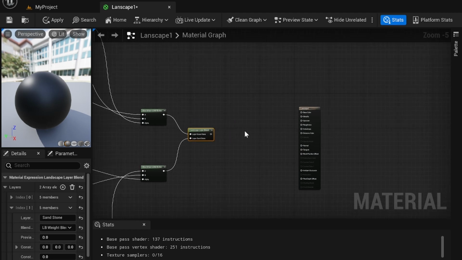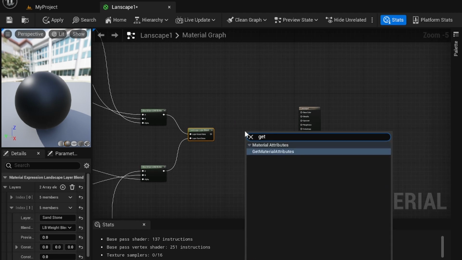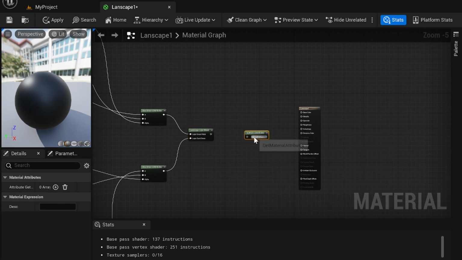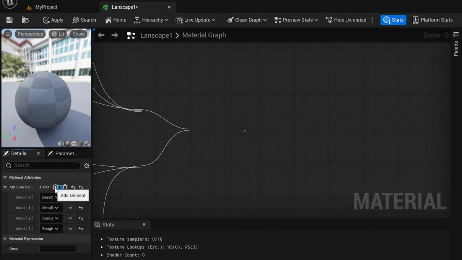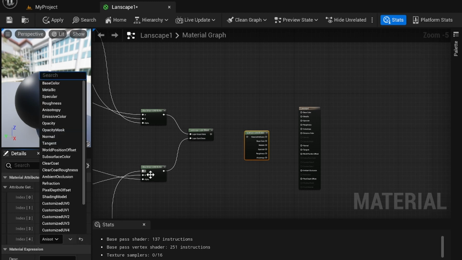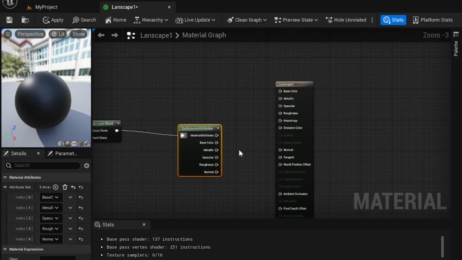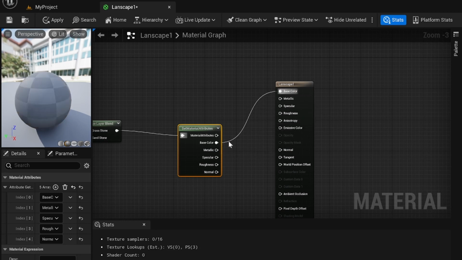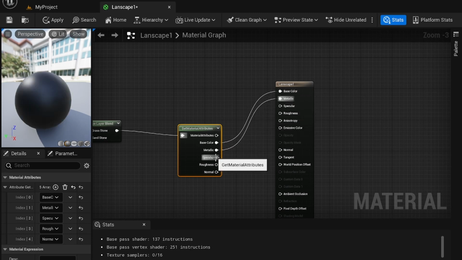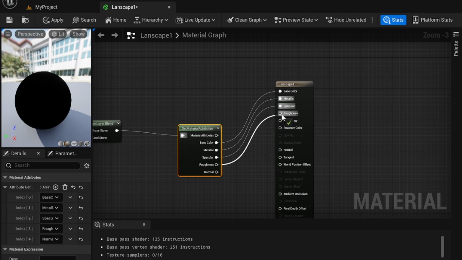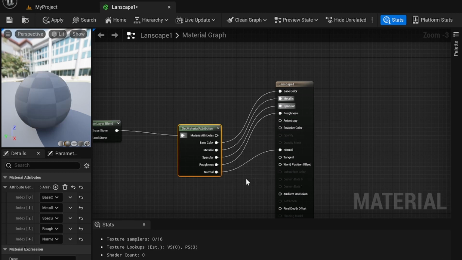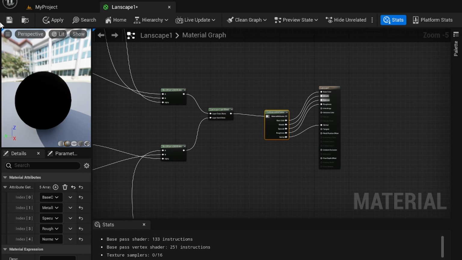Next, I'm going to right click again and get a get material attributes node. I'm going to, of course, add as many attributes as I was using. Of course, I was using base color, metallic, specular, roughness, and normal. So I'm going to apply this to this, and I'm going to connect these to the proper outputs. For example, base color is going to be base color. Metallic to metallic, specular to specular, roughness to roughness, and normal to normal. Now, if I save and apply,